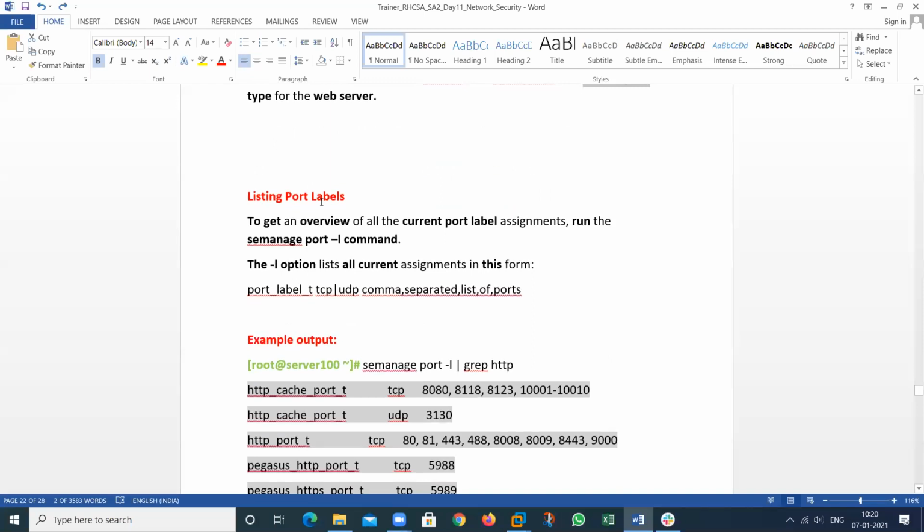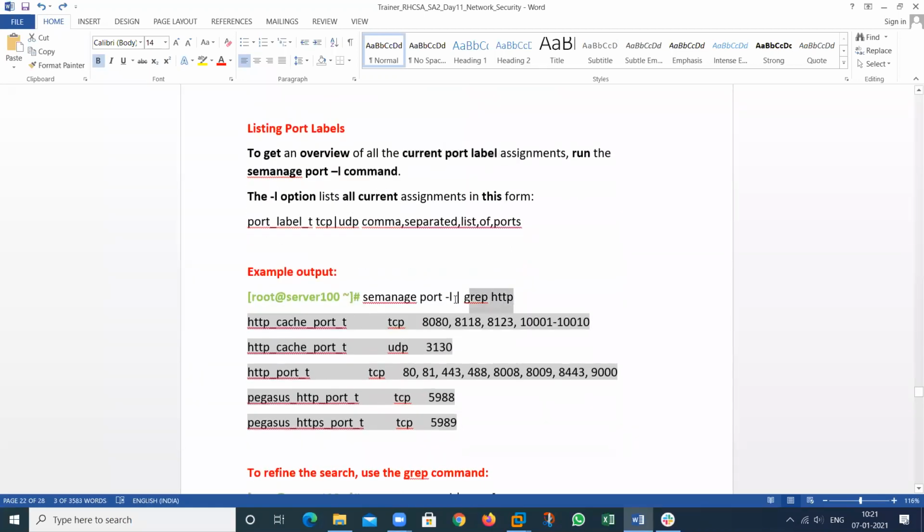So how do we check and list the port labels? To get information about the port label, we can use this command: semanage port -l. It will display all the current port labels, and if I want to change anything, we can change it. See here, this is http_port_t.